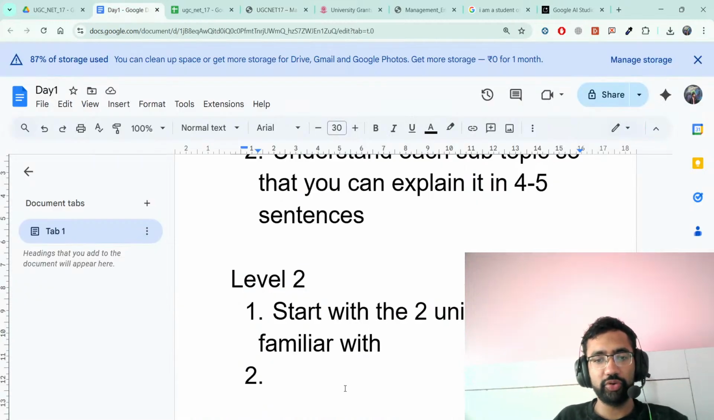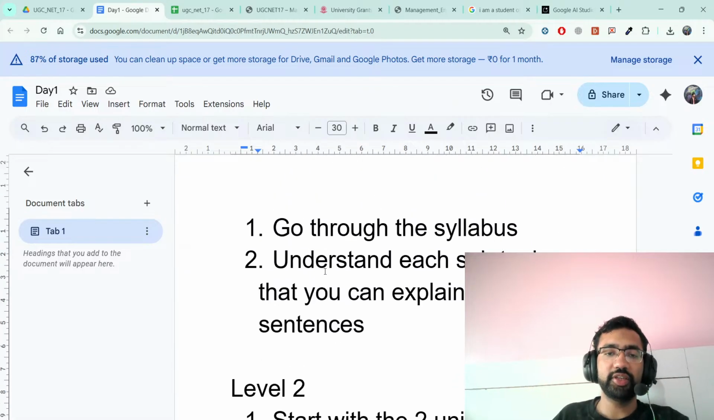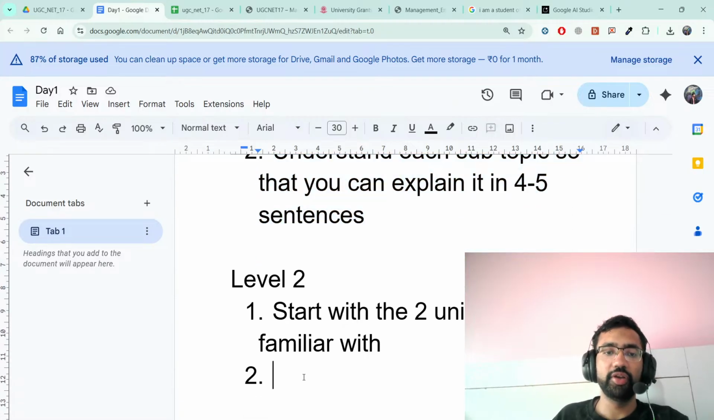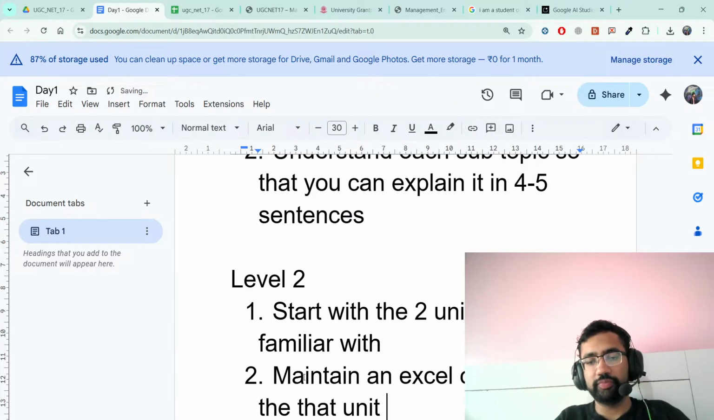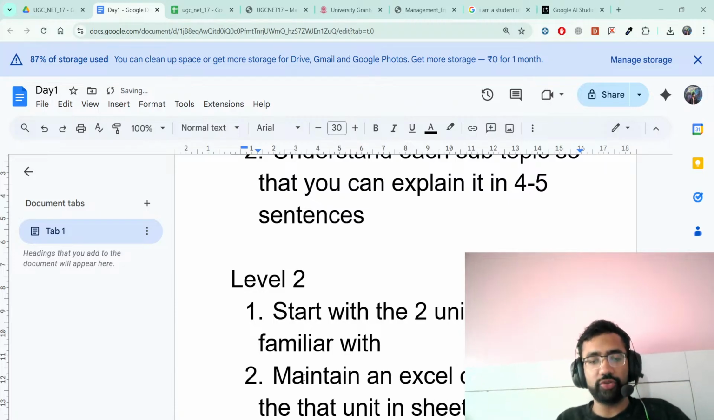So yeah, start with the two units you are familiar with. Either you can, as I mentioned, create a Google Sheet or Excel of the top basic topics. You have already made the docs in the first part of all the basic topics. In the second, if you want to do it on your own, maintain an Excel of past year questions of that unit, in Sheets, Google Sheets would do, or